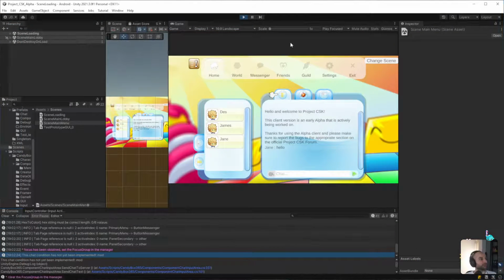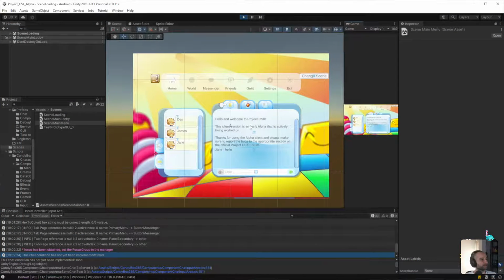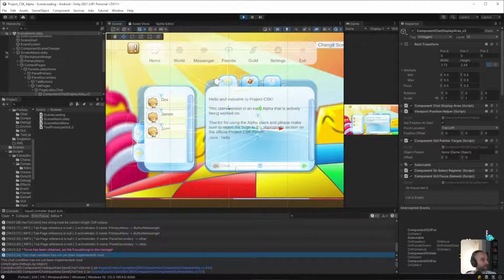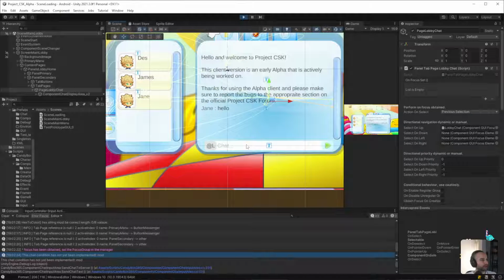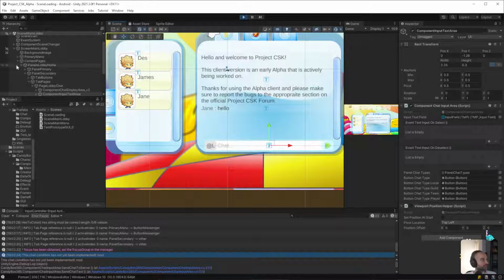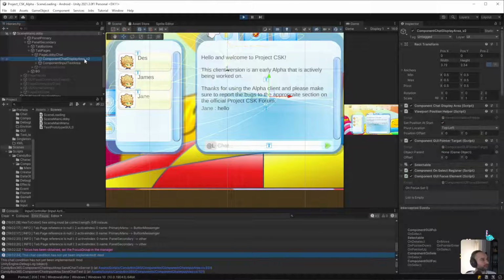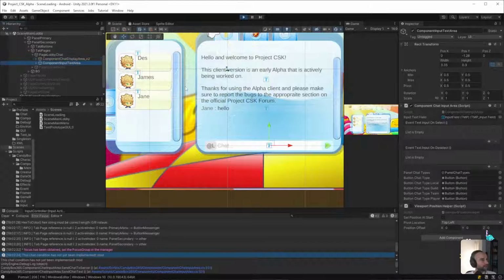Let's have a look at that in a bit more detail and see what's going on. So from here, when I select the chat component, nope, chat input,